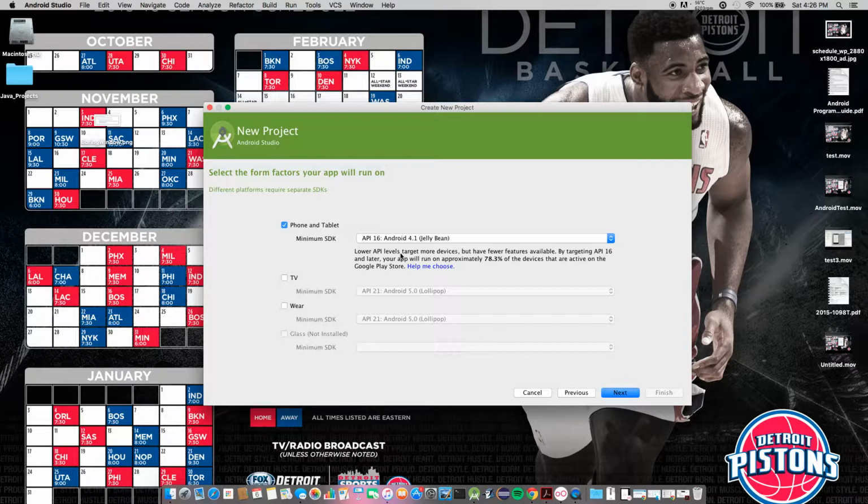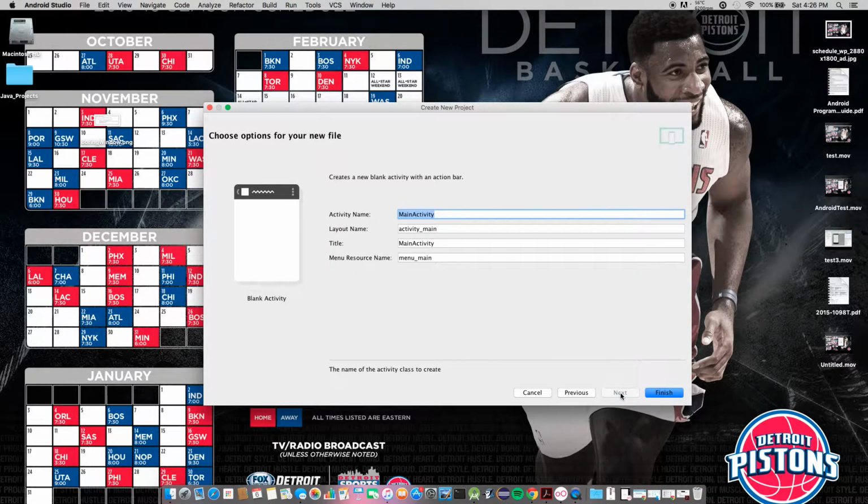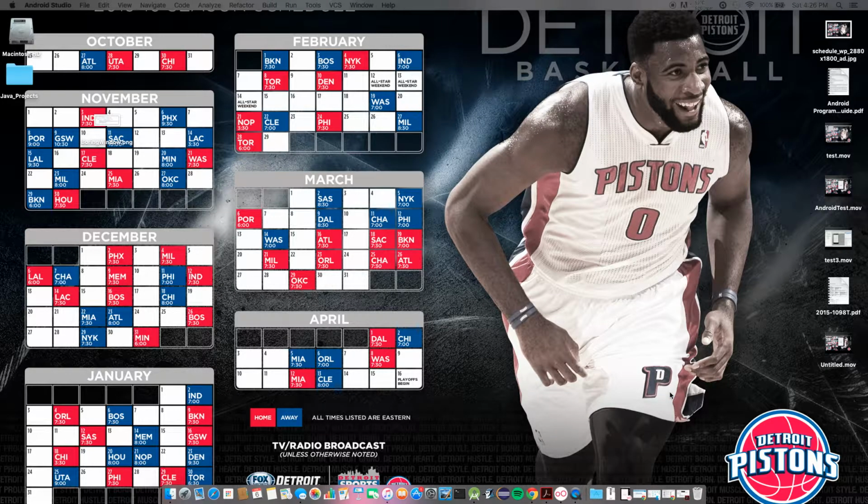This one is going to be Android 4.1 Jelly Bean. About 78% of users run this, so we have a good majority of people that run this Android application. Excuse me. Sorry, guys. All right, so we're going to hit next. Hit blank activity and hit next. We use this plain main activity. We're going to hit finish,